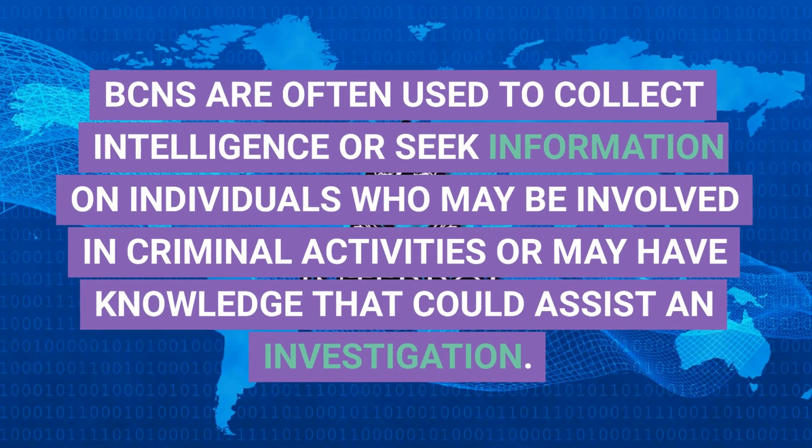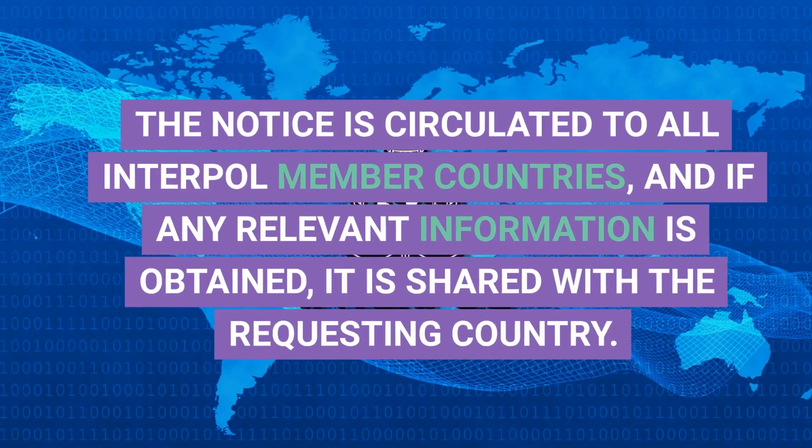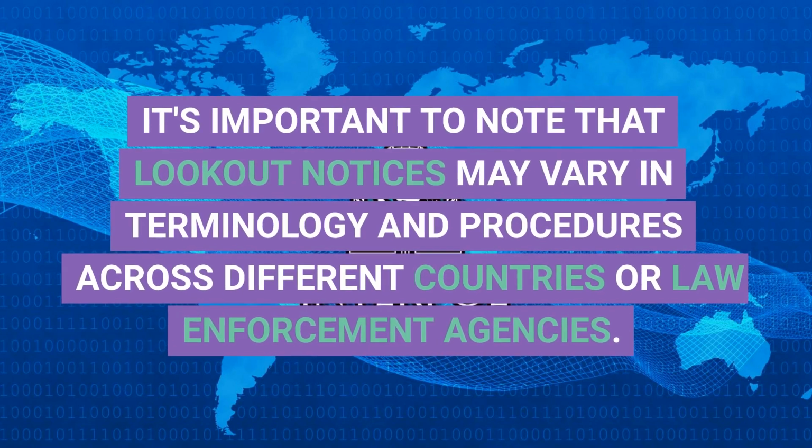BCNs are often used to collect intelligence or seek information on individuals who may be involved in criminal activities or may have knowledge that could assist an investigation. The notice is circulated to all Interpol member countries, and if any relevant information is obtained, it is shared with the requesting country. It's important to note that lookout notices may vary in terminology and procedures across different countries or